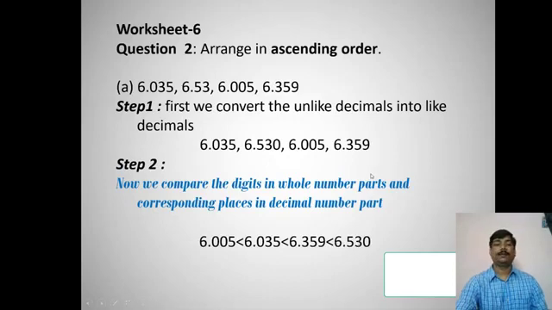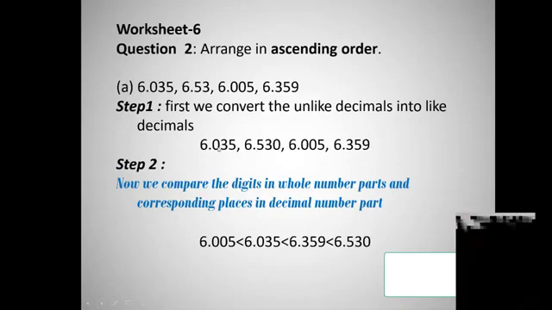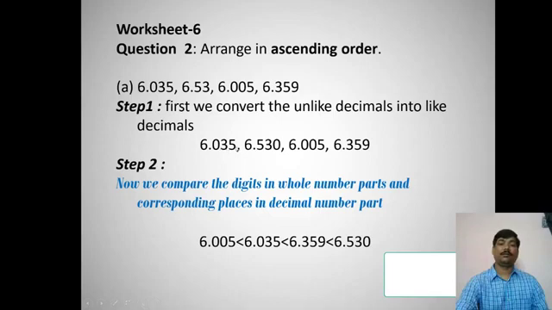Another method you can find in this way also. After writing in like decimals, we ignore the point. Then the numbers will look like whole numbers. Now you can compare the whole numbers easily, and after comparison you can write the ascending order. Next one,